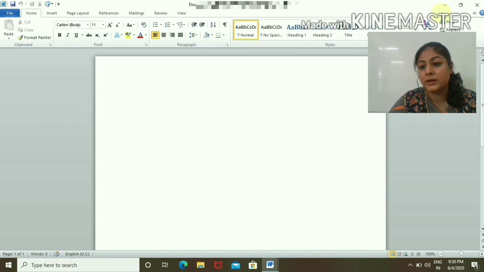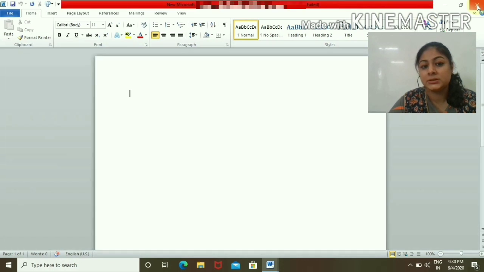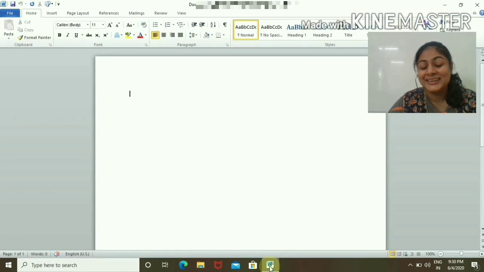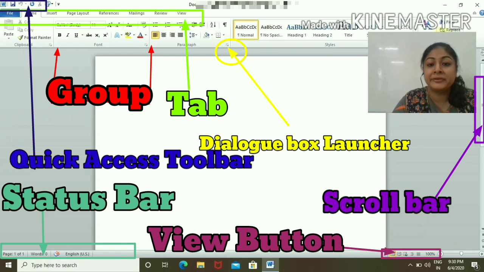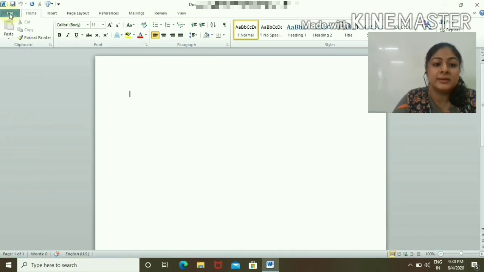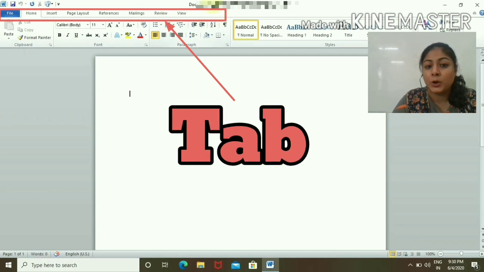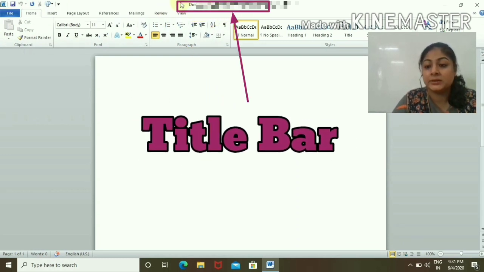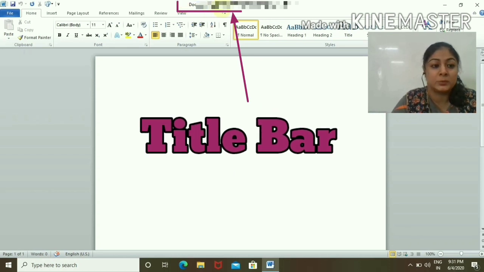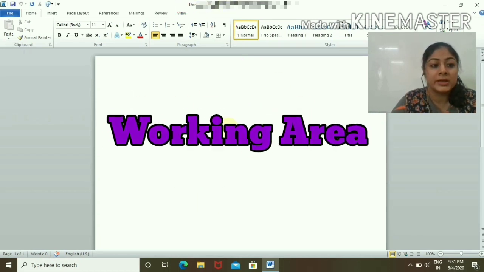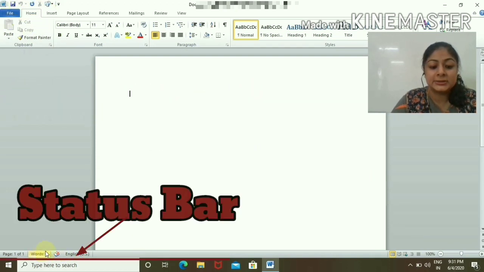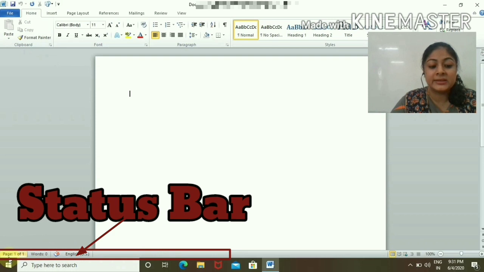See document 1. Let me cross it. Document 2. Let me cross it. And one is still open, right? So, and here you can see the different tool in front of you, and these are the various tabs. You can see document 1 is the title bar where I can see the title of my page, which is document 1. This is called as working area. This is called as quick access bar, and this is the status bar, and it is telling me this have